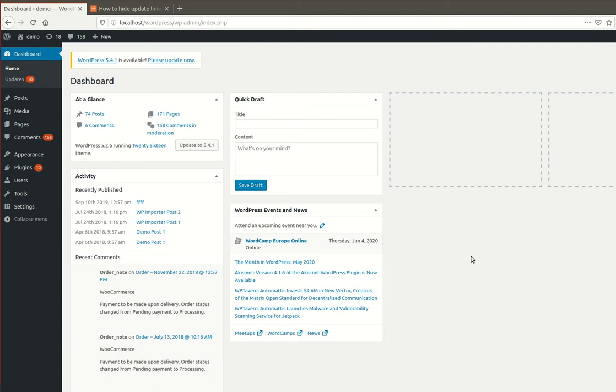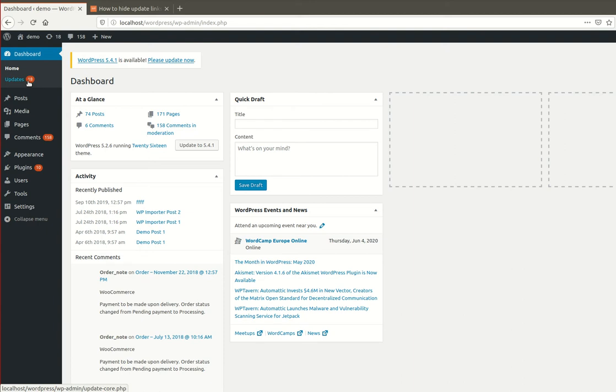Okay, so let's start. And here you can see the WordPress admin. This is my WordPress admin. Here you can see the update link under the dashboard menu. Updates here is showing a total of 18 updates.